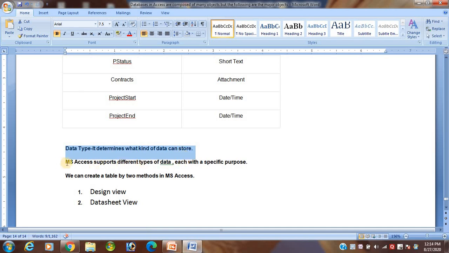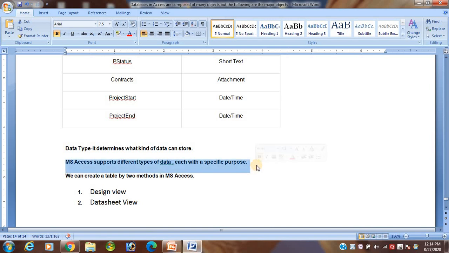MS Access supports different types of data, each with a specific purpose. According to the data you enter in the field, you have to specify the data type.